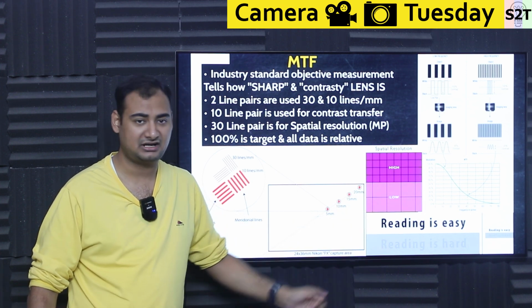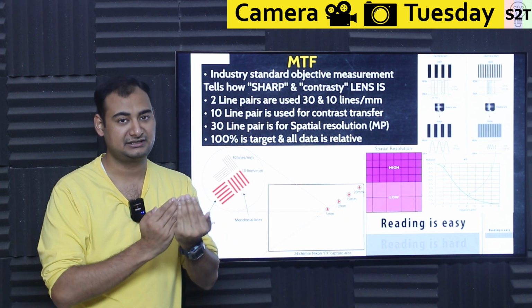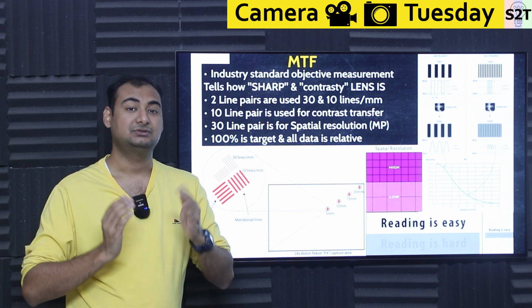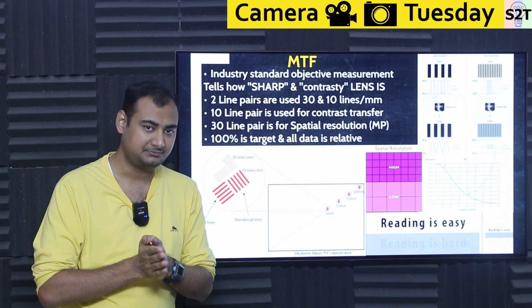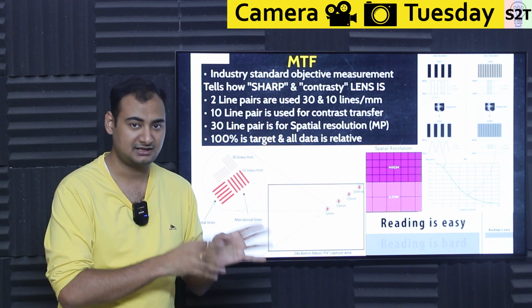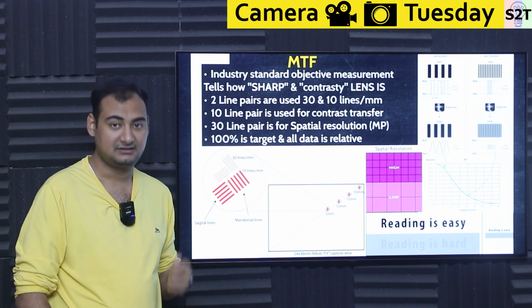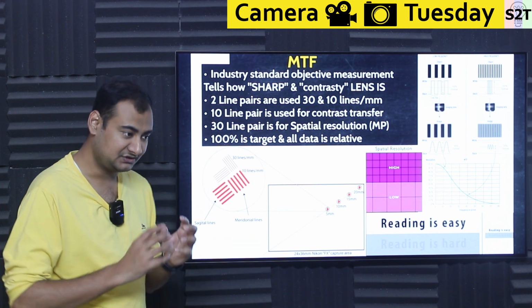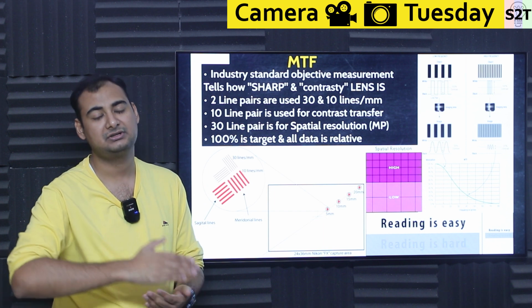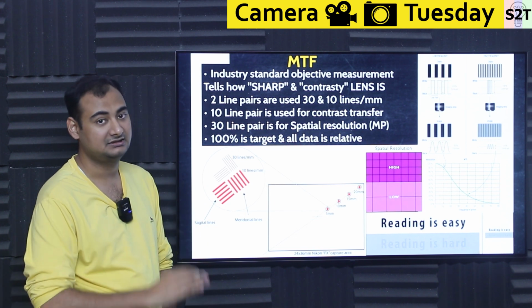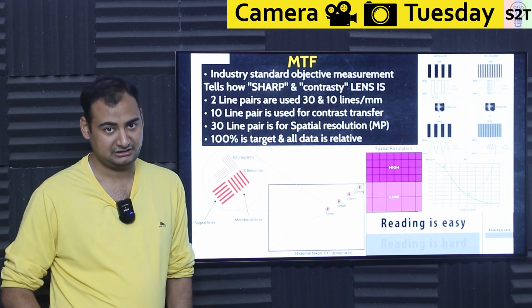but one is super easy to read, another is super hard. Why? Contrast. The black and white is not going black and white, it's going a little bit black, it's going a little bit gray. So that means the contrast is sloppy. If you have sloppy contrast, output equals garbage. That's why we only measure sharpness using contrast, resolution using contrast. Once we have that, then we go, okay, this is the resolution and this is the contrast. It does not do anything with color. Let that be very clear. Color is the one thing that MTF cannot tell you.